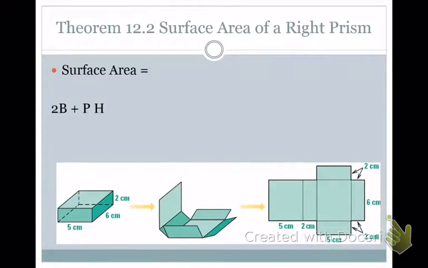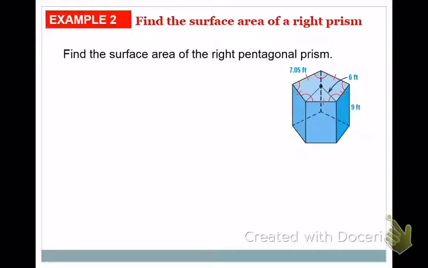Surface area of a right prism. When you have a right prism, another way to think of it is 2 times the base plus the perimeter times the height. So how this works is, let's take an example. We have this pentagon. It's a pentagonal prism, and the top and the bottom are a regular pentagon. All right, so if we do 2 times the base,